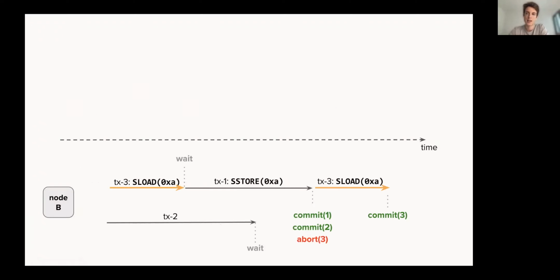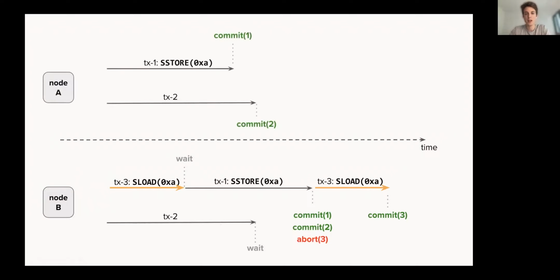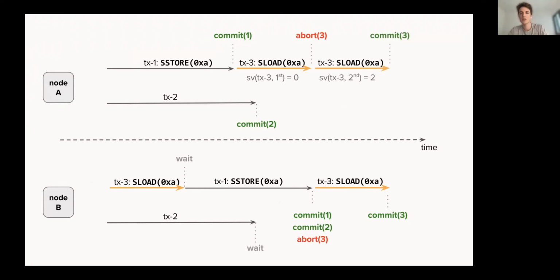Let's see how OCCDA helps us solve the issue that we just showed in the previous example. Node A, as before, will start with scheduling transactions 1 and 2 in parallel, and they can be committed as usual. When we finish execution of transaction 3, the scheduler notices that the first execution of transaction 3 is not allowed to see the results of transaction 1. So even though it technically could see the updates, it will still be aborted under OCCDA. After the abort, we can reschedule transaction 3, and the second time it can see the updates and commit.